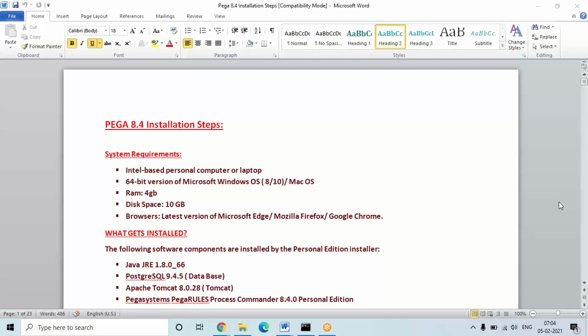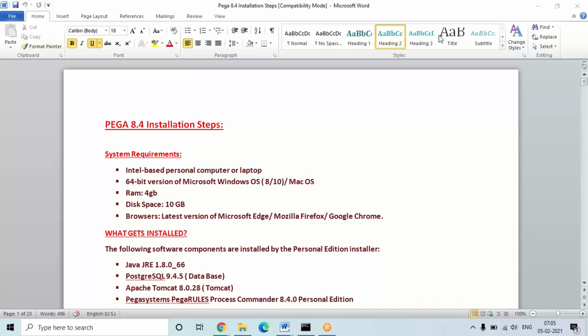But the enterprise edition is multi-user. The application is configured on the server in real time, in any company, so all the people will be connecting to the same server. There is no need to install individually on every system, so they can directly access the application, based on the access given to them, or based on the URL or IP address given to them. But the personal edition means you have to install it separately on each system, so it is a single user.